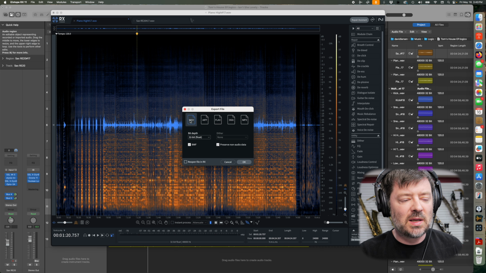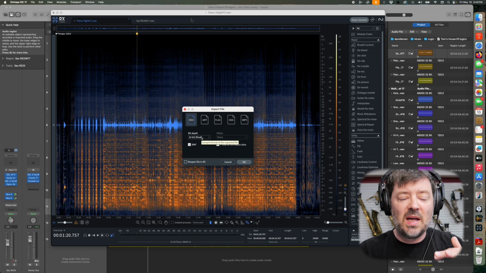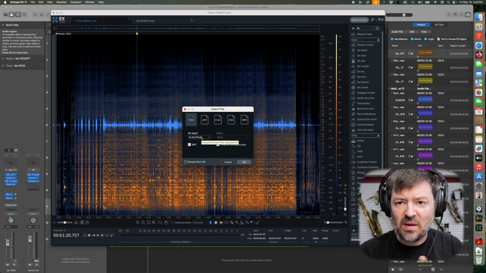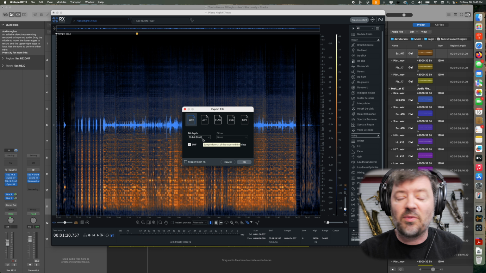And so when I hit Export, you can see it's going to ask me what file format I want, and then it's going to ask me the bit depth. Now, when you do this, it's going to preserve your frequency rate, 44.1, 48, et cetera. So you don't have to worry about that part. But I'm going to go ahead and leave it at 32-bit float so we get as much information as we